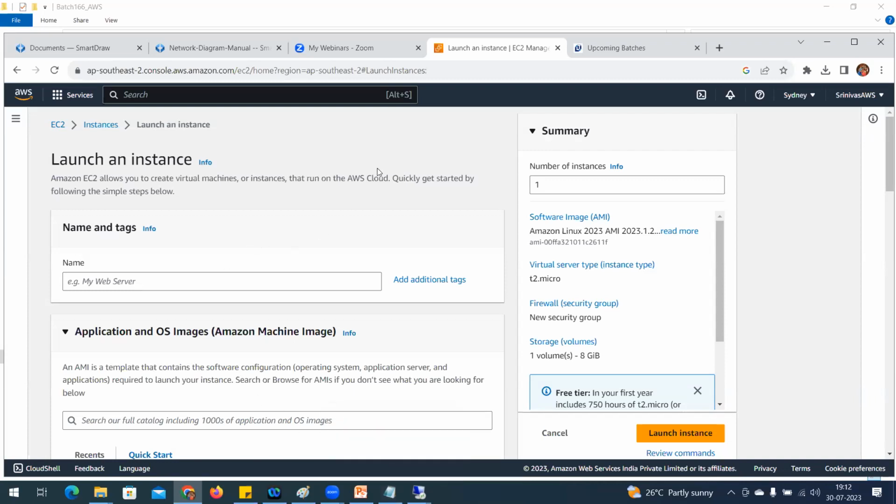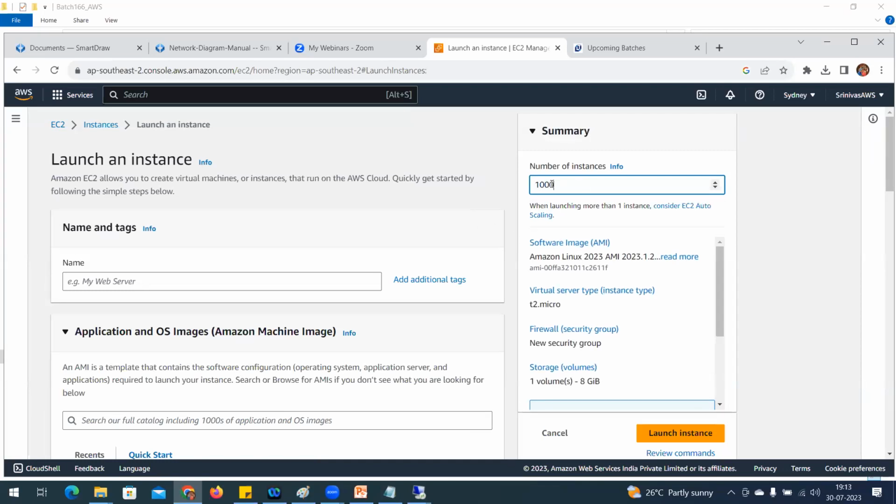For example, if I need to deploy 10 servers, see here, instead of one, I mention 100. That's it. It is going to deploy 100 servers with random names. That's the beauty of this. But it again depends on cost, sizing, and all those things. The cloud environment is booming because it offers rapid deployment and a pay-as-you-go service, and we are going to discuss all those concepts in theory. Okay, clear?